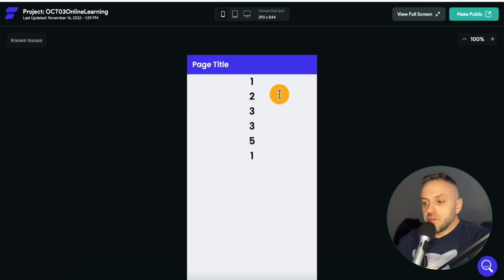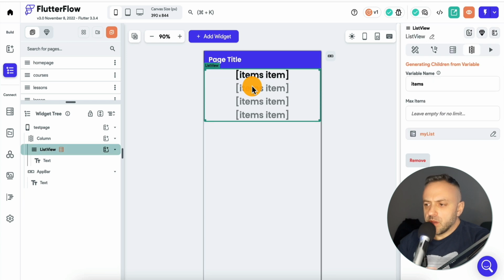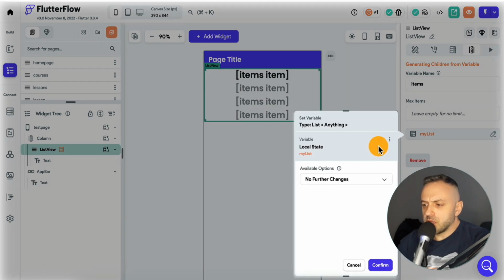So let me go ahead and create a new test environment. And so here's the page. We are seeing the numbers, but we are also seeing duplicates. And so in one line of code, I will be able to remove these duplicates. Let me show you how. We're going to come back over here. And instead of displaying these straight from our local store, we are going to create a custom function that's going to do so.